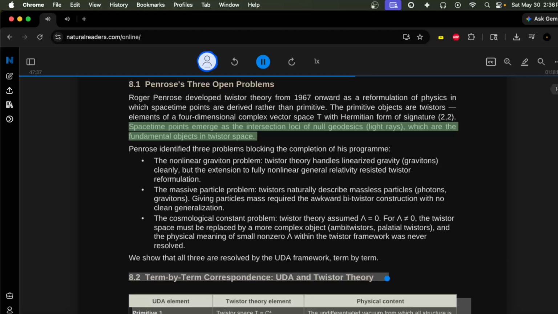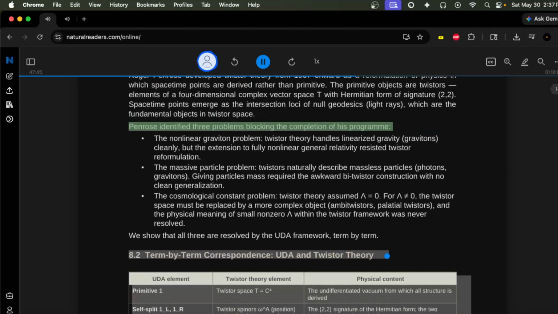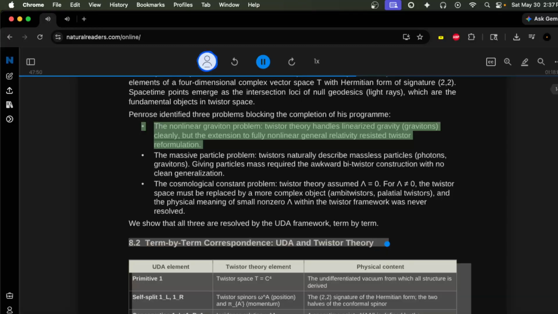Spacetime points emerge as the intersection loci of null geodesics, which are the fundamental objects in twistor space. Penrose identified 3 problems blocking the completion of his program. The nonlinear graviton problem. Twistor theory handles linearized gravity cleanly, but the extension to fully nonlinear general relativity resisted twistor